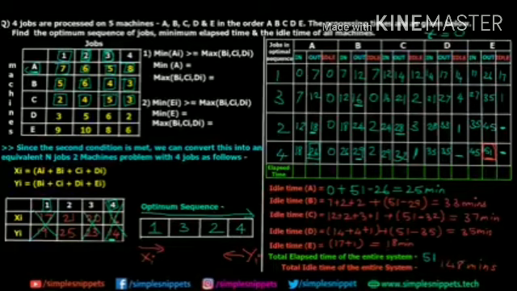Okay, so this was the entire numerical of n jobs, m machines. I know it is very lengthy, but if you follow the same process that we did for n jobs 3 machines, it's pretty much the same. You have the same conditions over here, just that you need to add up all the intermediate or middle machine values. So that's why you need the order. That is, you need to know the first machine and the last machine. And then depending upon that, you have to use these two conditions. That is condition number 1 and condition number 2.